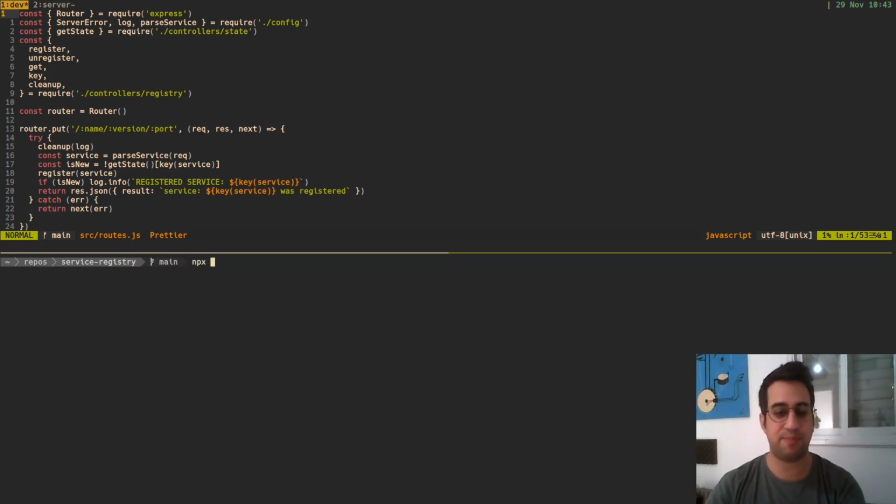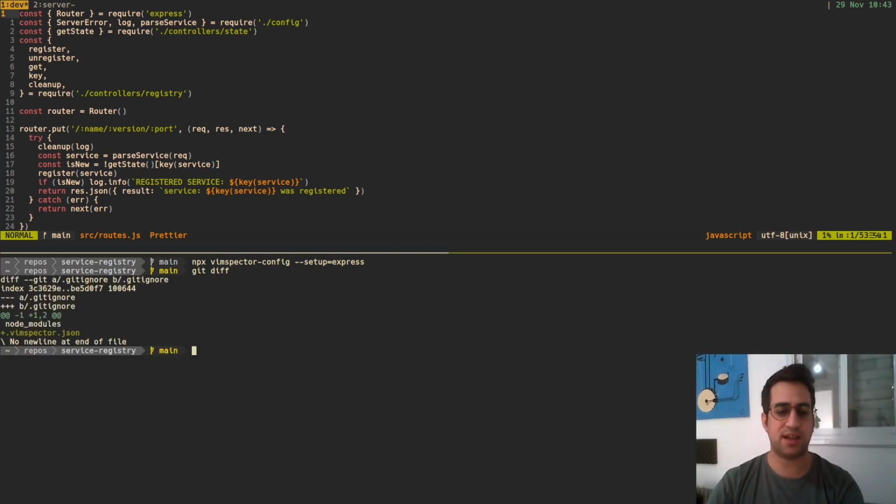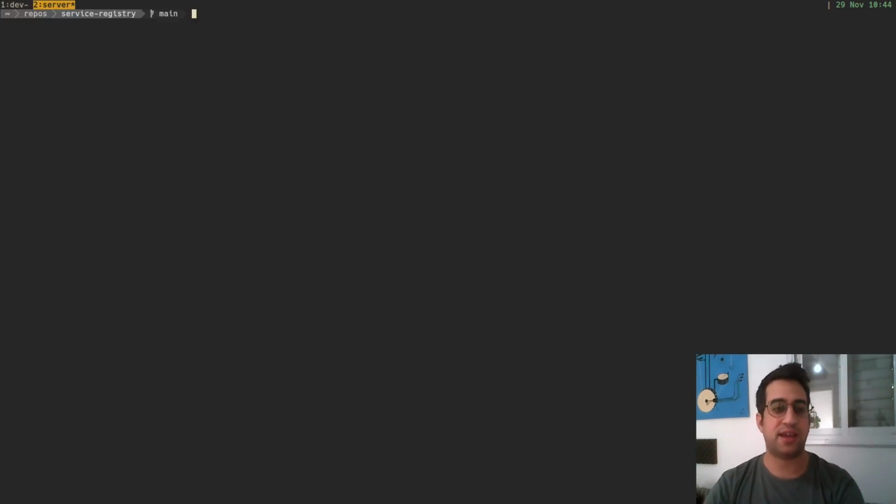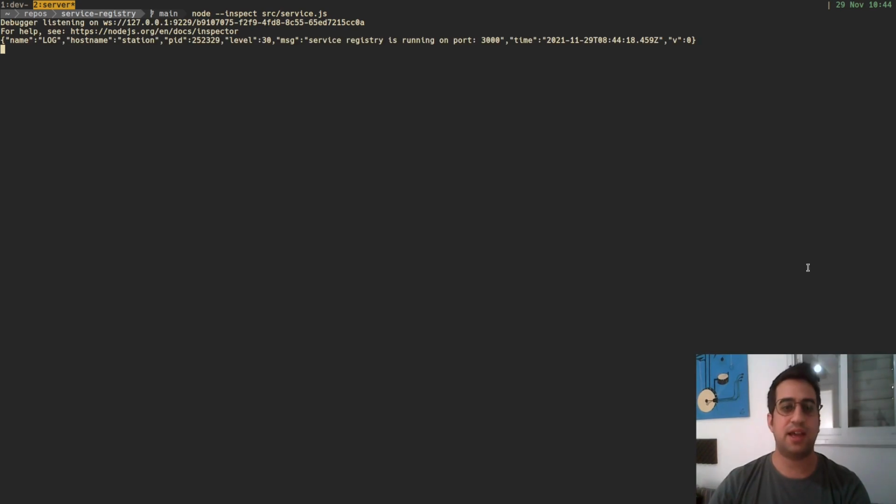So I can run npx vimspector config --setup, and I want an express setup, and there you go. This made the .vimspector.json, and also put it inside a gitignore. So this is what my npm package is doing. Now I can go to the second screen and run an inspected version of node. So node inspect, and this is the file here in service, and I can get this